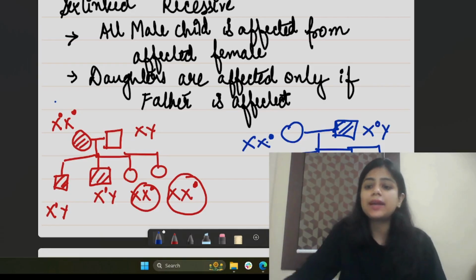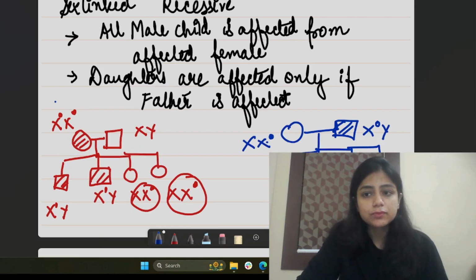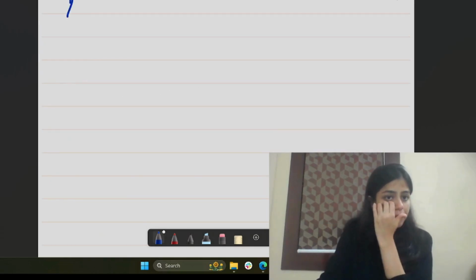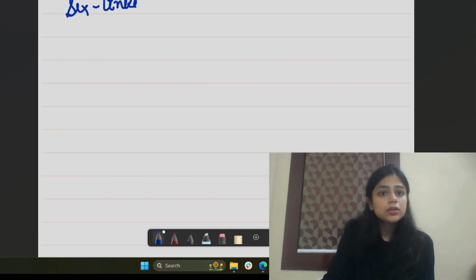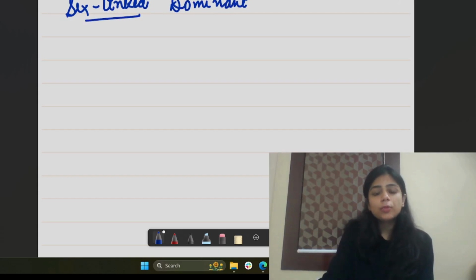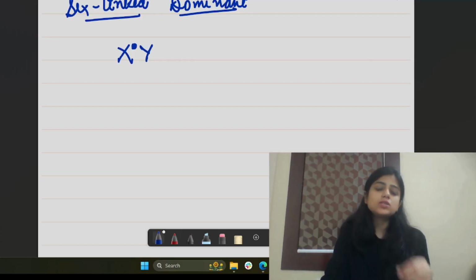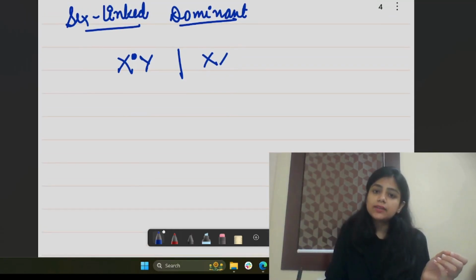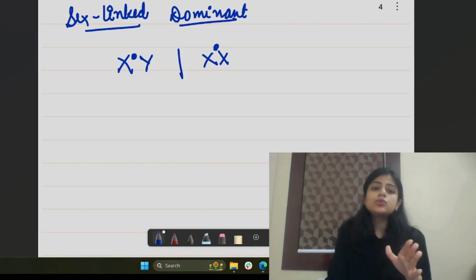That is the basic concept behind the sex-linked recessive disorder. If we are talking of the sex-linked dominant, what we need to know here is that if there is one gene present that is getting altered in the chromosome, the trait will be seen in the child. Suppose this is the female, if only one is affected, then the trait will still be seen in the child because it is a dominant trait. That is what happens here.